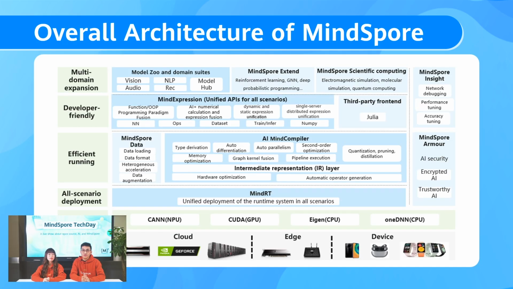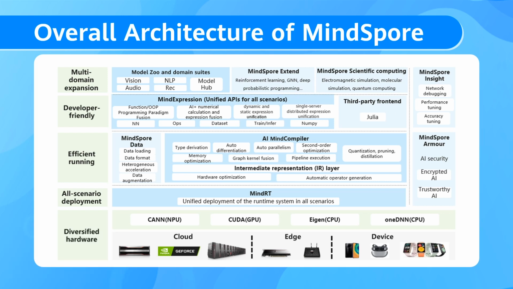In the early stages of algorithm development, MindSpore offers developers a unified programming experience to streamline and enhance the efficiency of their work. As you move into production, it employs automatic parallelism to significantly boost development and debugging efficiency in distributed training while making optimal use of diverse hardware resources. And when it comes to deployment, MindSpore's unified architecture addresses the challenges of enterprise-level deployment and ensures robust security and trustworthiness. It's a versatile framework designed to shine at every stage of the AI journey.